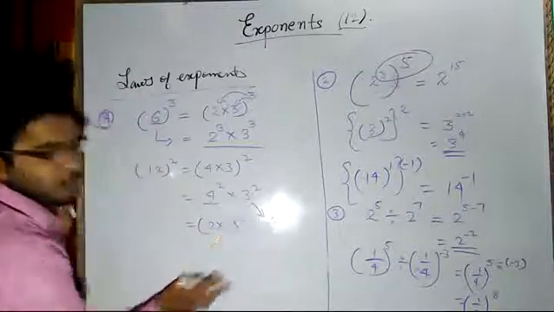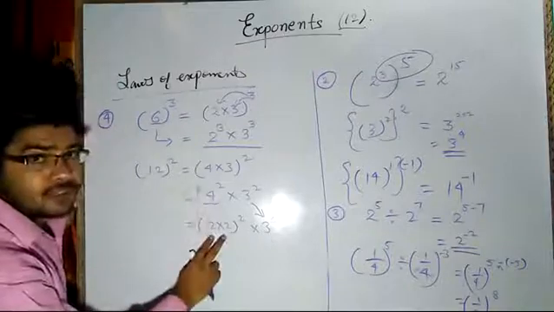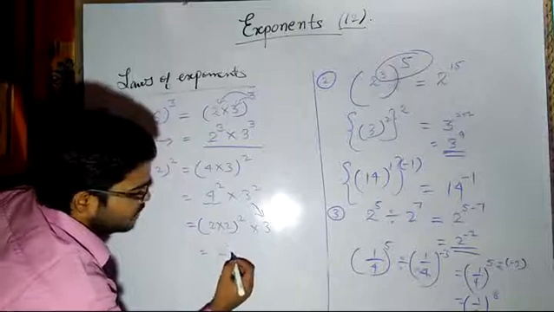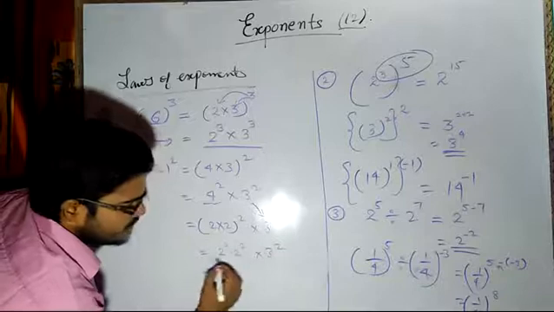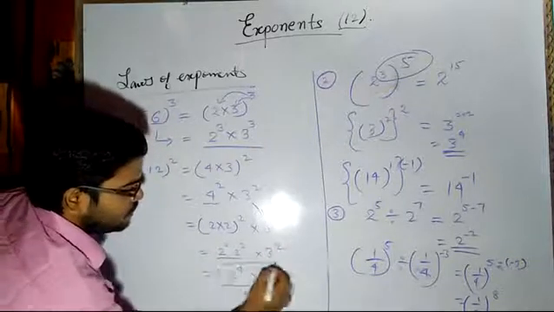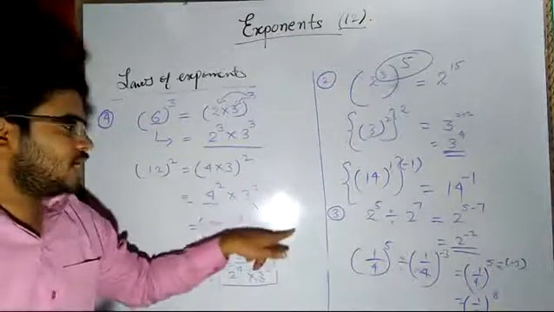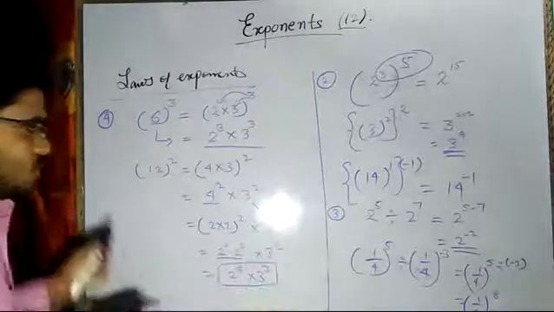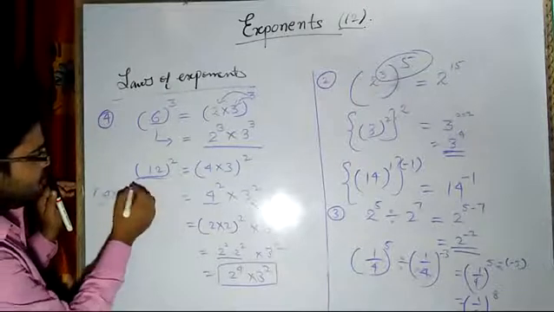This number will be copied as it is and this can be separated into 2 into 2 factors. So this can be written as 2 raised power 2 and then 2 raised power 2 into 3 raised power 2. Directly, bases are same, so I can write 2 raised power 4 into 3 raised power 2. Since I am solving step by step, you may feel like it is a lengthy process, but if you apply your brain, you can write it like this: 4 raised power 2 into 3 raised power 2.